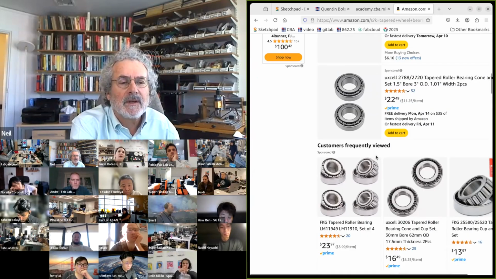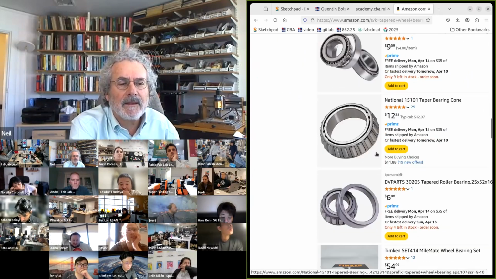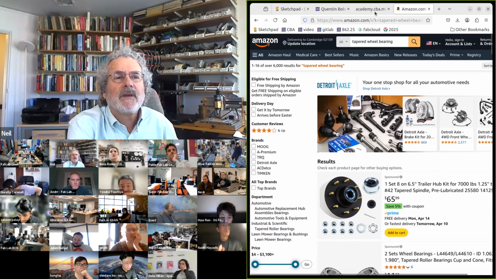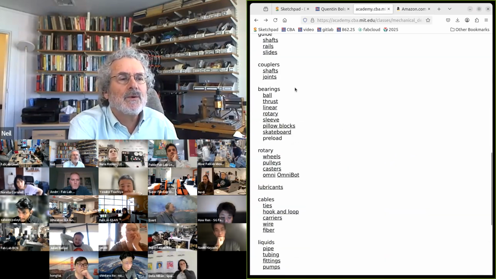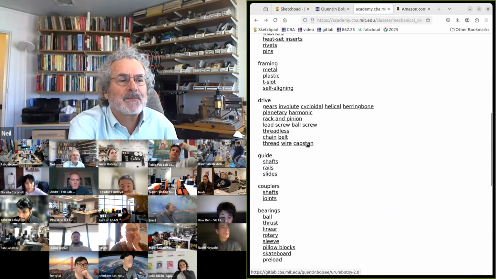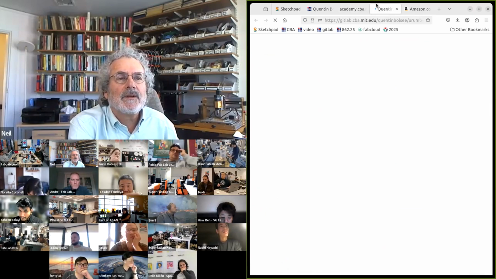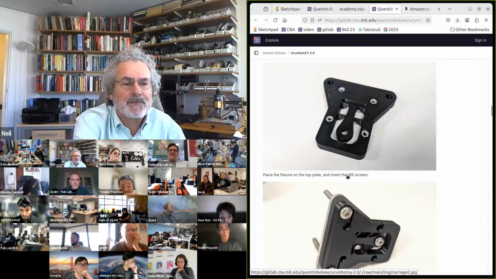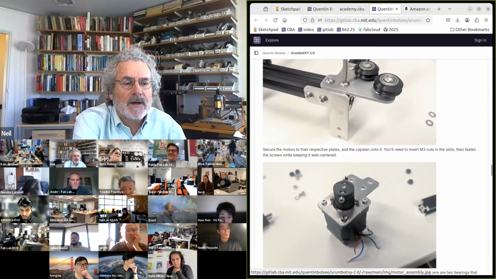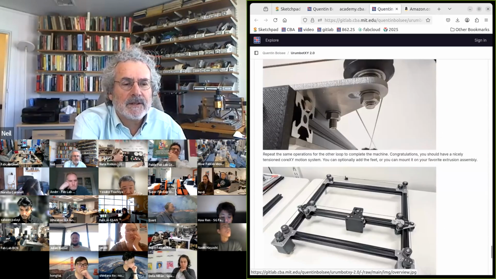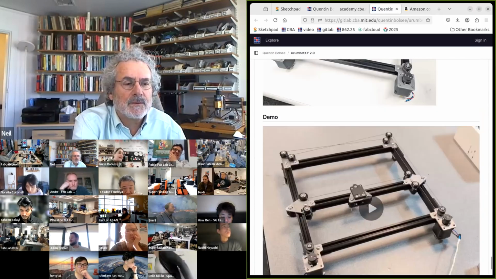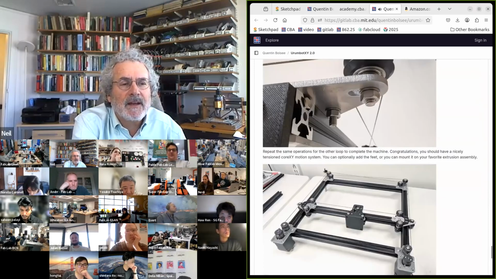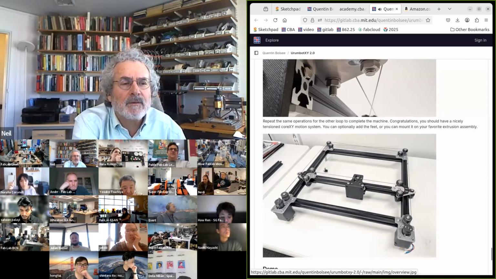Let's see. No, that's not what I'm looking for. So if we go back to Quentin's page. So for this mechanism I showed you, let's go back to here. So here's the mechanism moving. And if we look at the way he's routing it,